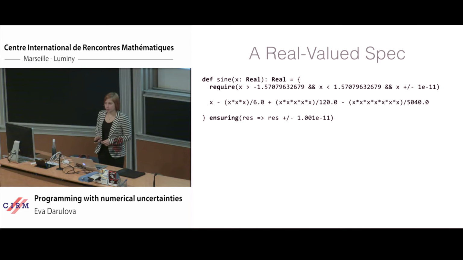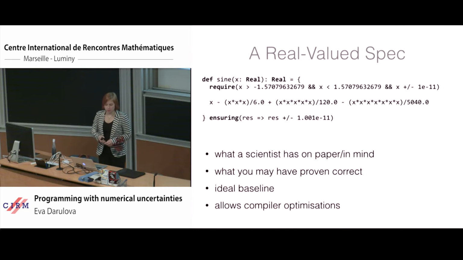So why would you want to choose this? Well, first of all, this is essentially what a scientist will have in mind or written on paper. This is also what you may have proven correct, because the verification over reals is probably going to be easier than if you have to take into account finite precision semantics. It gives us an explicit ideal baseline against which we're actually computing these errors. So this is not something implicit, as usually left